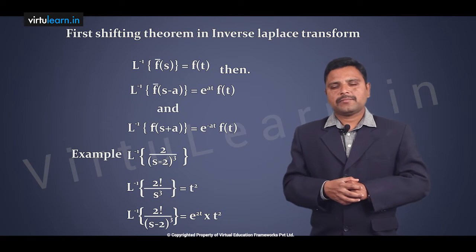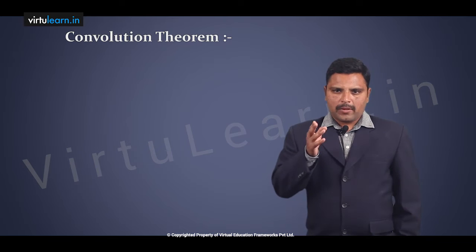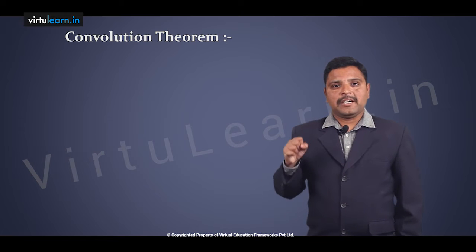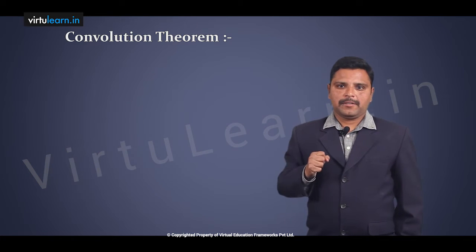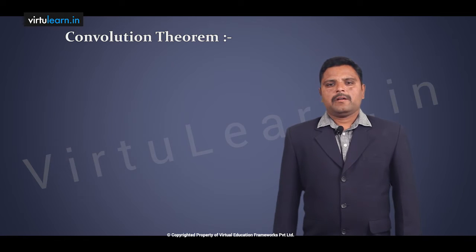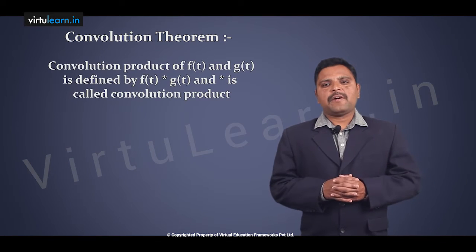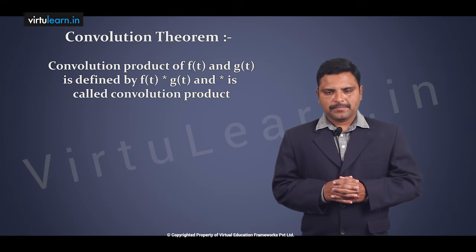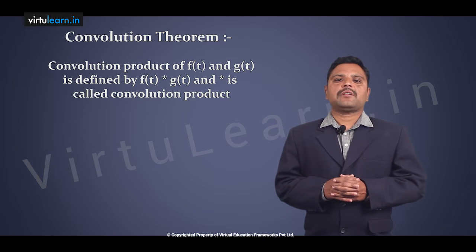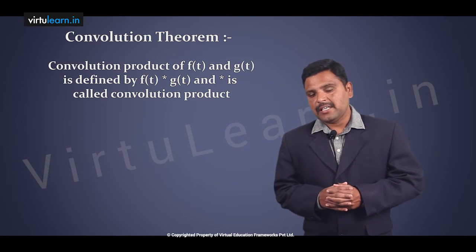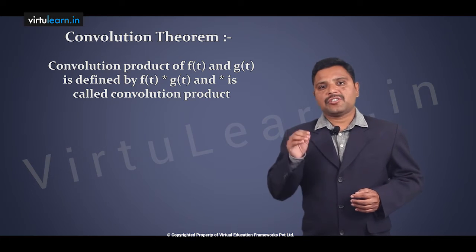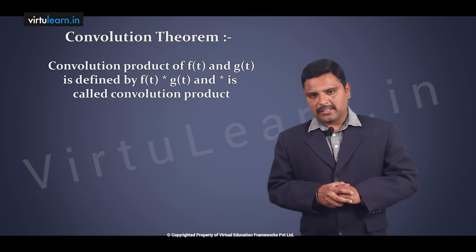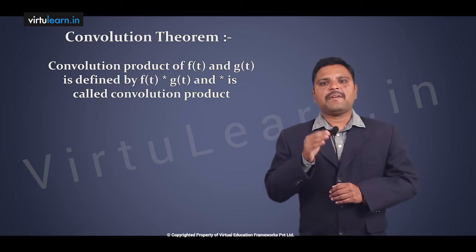The next topic, convolution theorem. Before going to the convolution theorem, we need to understand the convolution product. If you have two known functions f of t and g of t, then the convolution product of f of t and g of t is denoted by f of t star g of t. This star is nothing but the convolution product, and it is defined as follows: